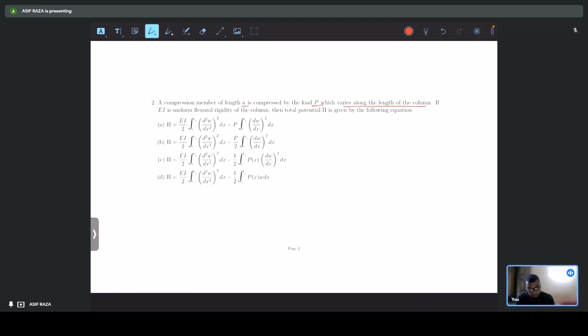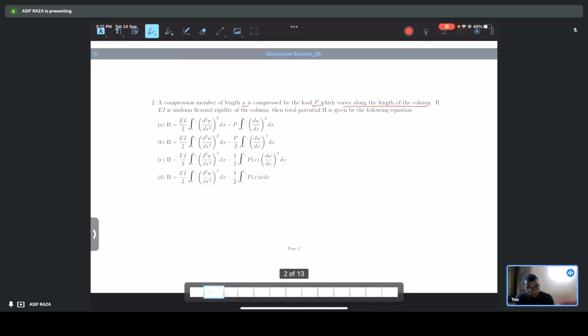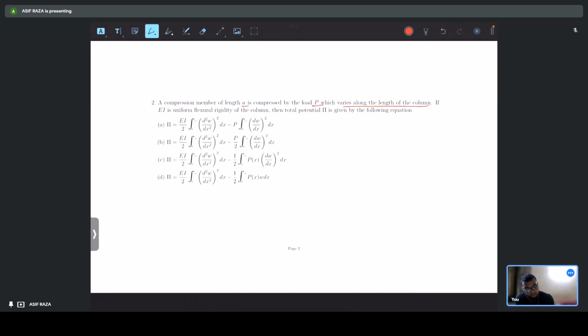Here we need to notice that P varies along the length of the column, so P is a function of x. If I take x as my dimension varying along the length of the column,